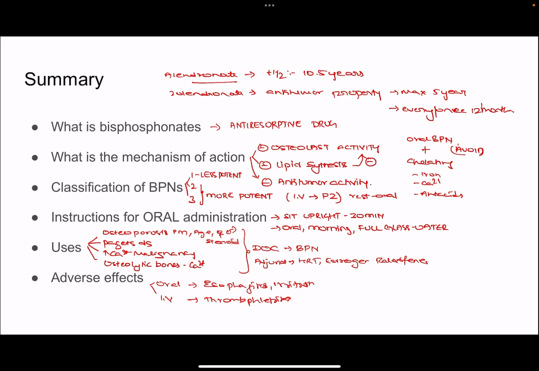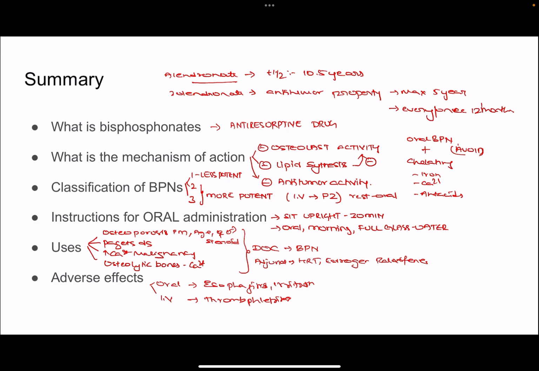So hope all of you would have understood the importance of bisphosphonates and how it is going to be asked. So in your exams, please remember this. This is one important topic that can be asked for 3 marks, short essay questions, or directly they can ask for MCQs. Which is the drug of choice for osteoporosis? It is your bisphosphonates. Which are the drugs which are given through IV route? That is pamidronate and zoledronate. Which is the drug which has got the half-life of more than 10.5 years? It is the